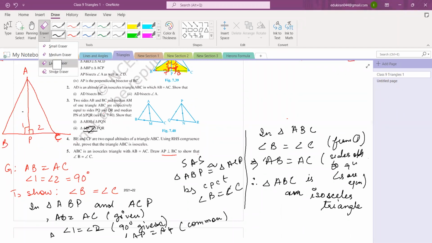And yes, please do the examples also, because I don't have a lot of time remaining. So I just skip the example and all, they are already solved in your book. And many times it is only the examples which come in the examination, right? Yes, ma'am. Especially in the case of this geometry, I think half of the questions are from examples only. So please do the examples. They are already solved. I think you won't be having much issue.